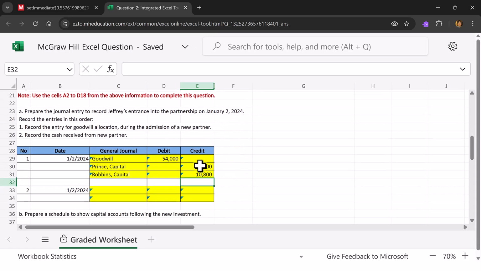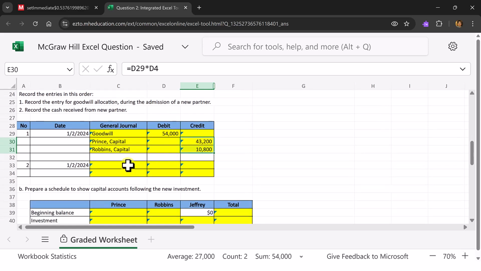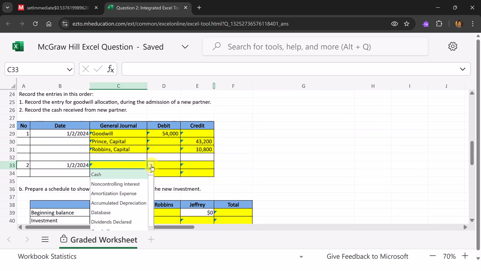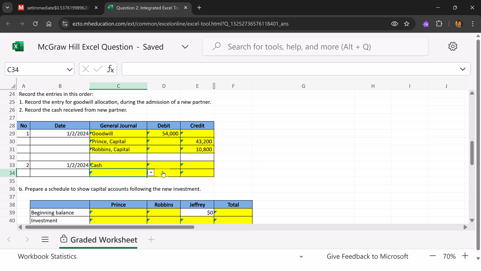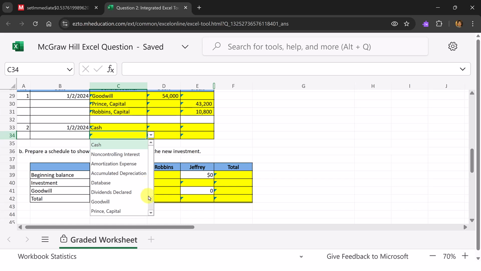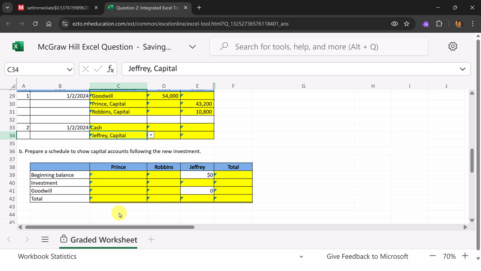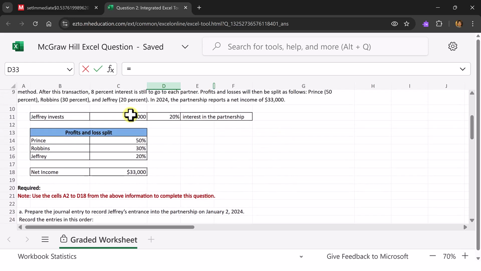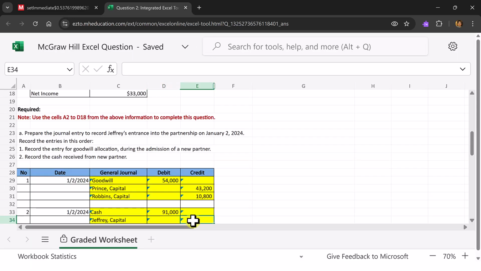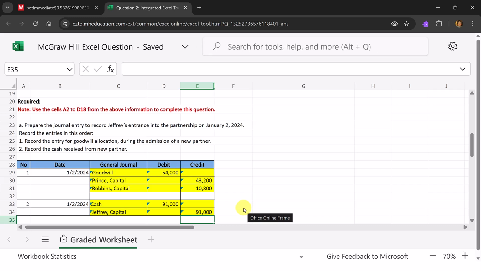And just to double check, we're balancing. So these two credits, 54, equal our debit. Okay, and then the simple cash coming in here being contributed by our new partner, what's the name? Jeffrey. That's the 91,000 cash. And I'll just grab the debit to equal the credit here. Let's see if I can double check